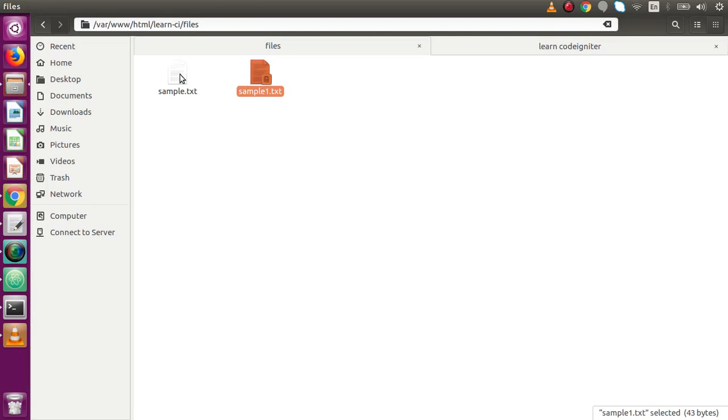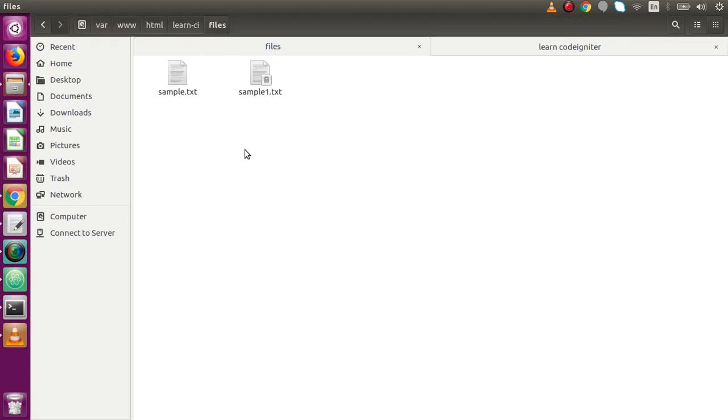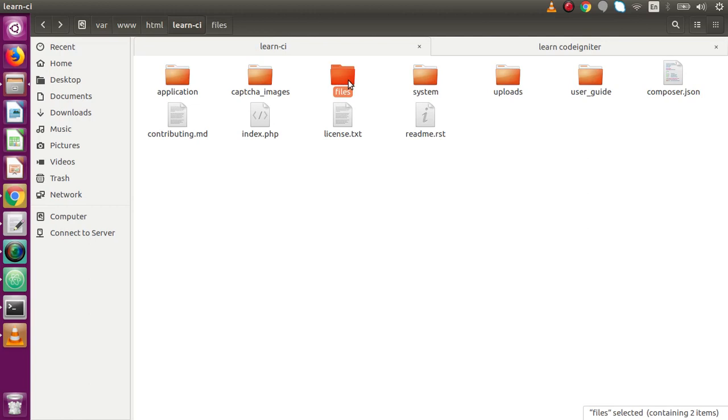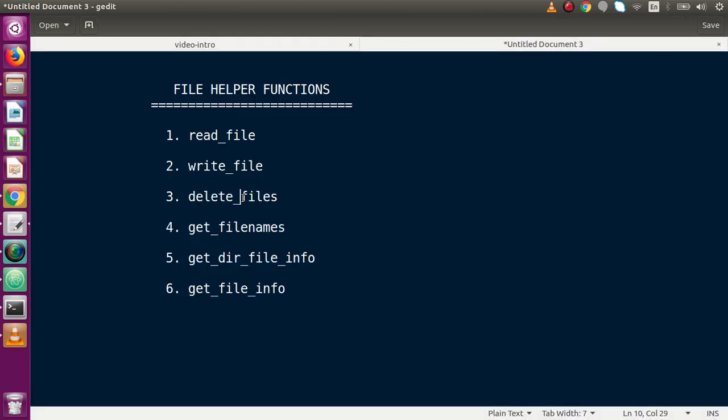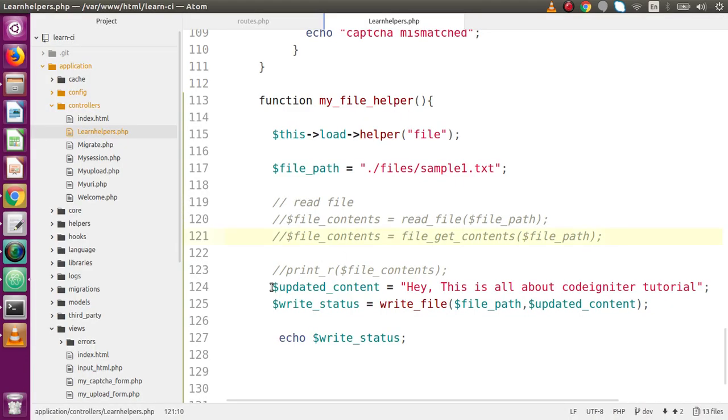Now inside this folder we have two files. We want to delete all these two files from this files folder. So how can we delete all these files from this folder? For that we need to use delete_files. So back to editor. Now let's say that I'm going to comment all these lines,